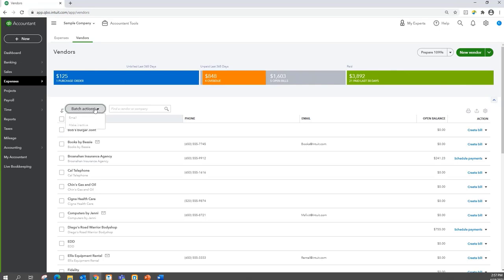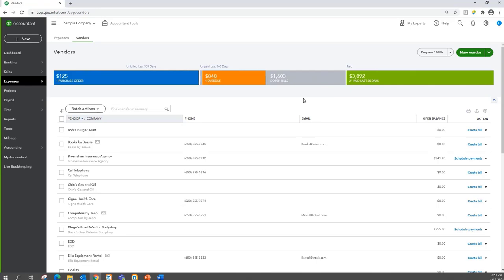And then if we hover here to this batch action, you have the ability to email anyone or to make one of your vendors inactive. You can choose to search for a particular vendor here. Okay. So now that we've familiarized ourselves a little bit with what we see in the